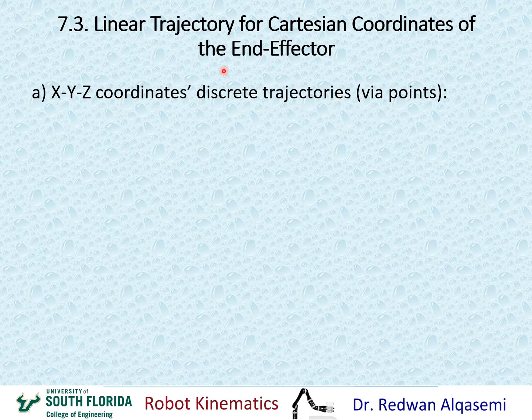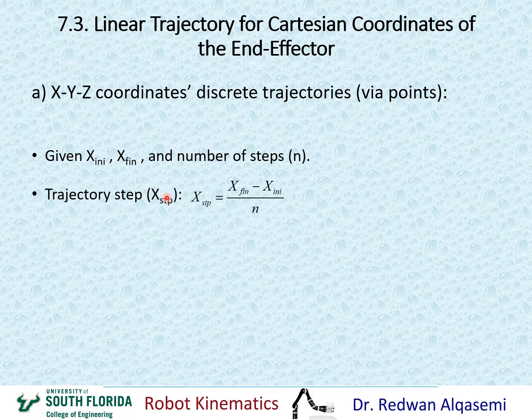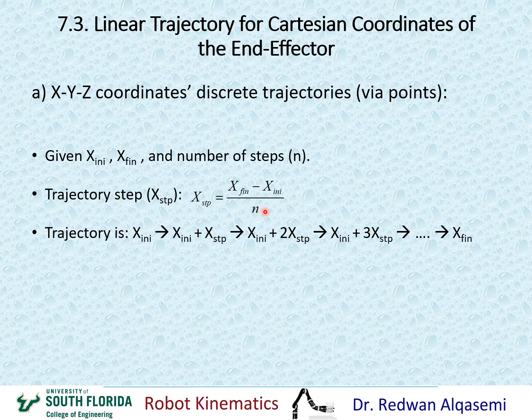In this case, we use exactly the same method as the methods we used for joint trajectories. So here, given x initial, x final, and the number of steps n, we can find the trajectory step, x step, which equals x final minus x initial divided by the number of steps n. And then we can construct our Cartesian trajectory for x, which starts with x initial, and then the next step would be x initial plus x step, and then x initial plus 2 x steps, and so forth until we get to x final. Now remember, this is only for the x coordinate of the Cartesian coordinates for the end-effector,